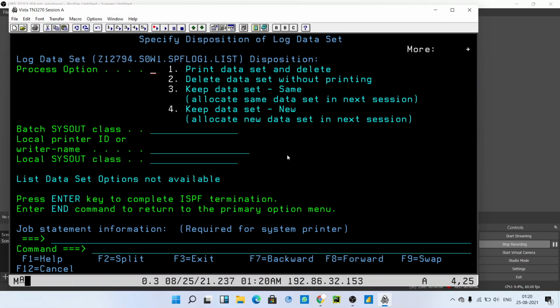So today we are going to look at how to create a PS file that we have learned, and how to add that created PS file in a PDS file. In the previous video we just created a PDS file. So in this video we are going to insert or create one PS file in the PDS file.